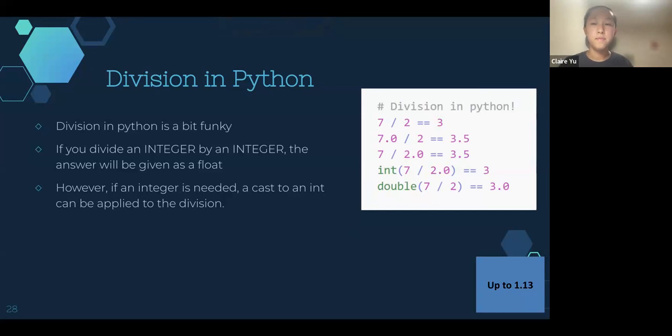And while the results sort of change if you have a decimal point in your numbers or not. So 7.0 divided by 2 gives the real number, which has a decimal point. And in order to change it to an int or a double, you will cast it, meaning you put int and parentheses, or double and parentheses. So for example,